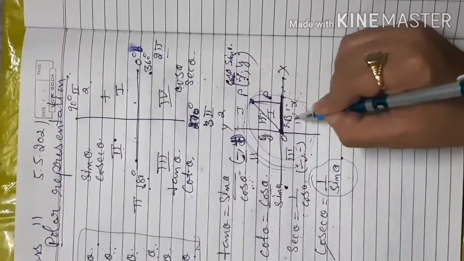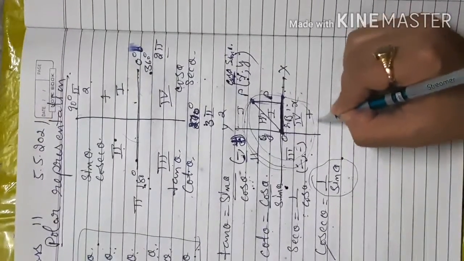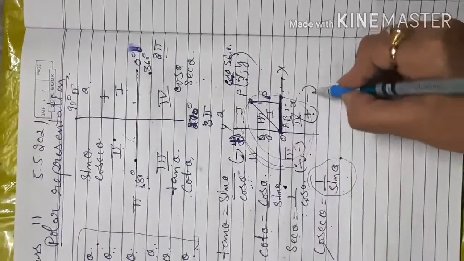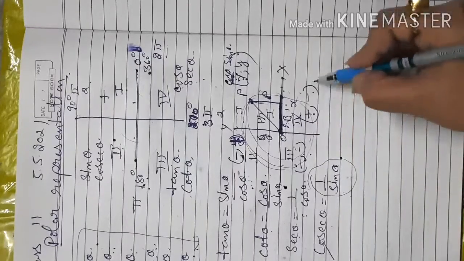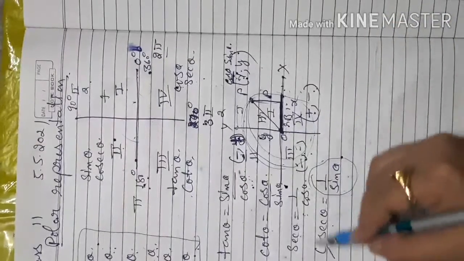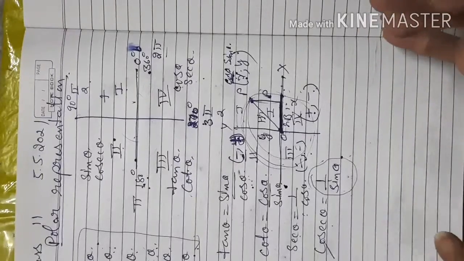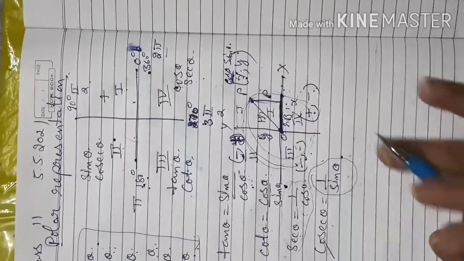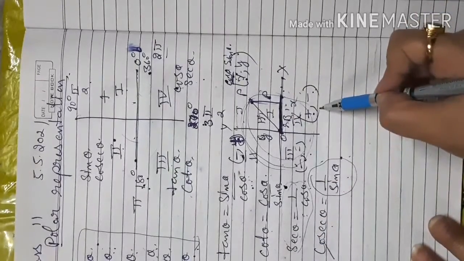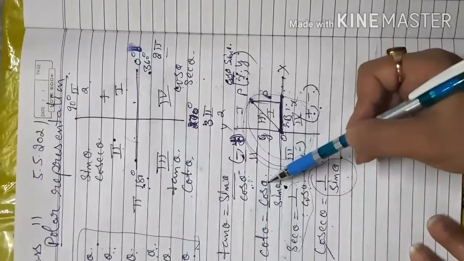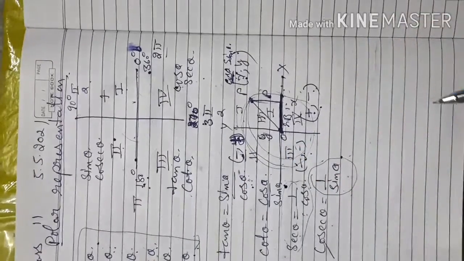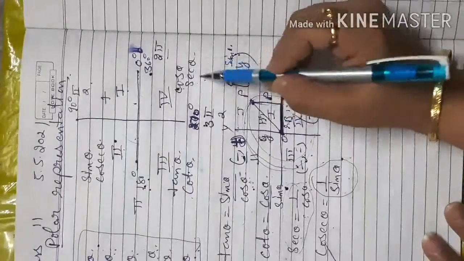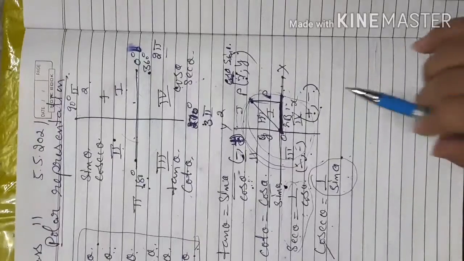Similarly, in the fourth quadrant your x value is positive and y value is negative. That means cos theta is positive and sin theta is negative. So wherever sin theta is used, the value will be negative, and wherever only cos theta is used, like cos theta and secant theta, that will be considered positive. And where the combination sin theta upon cos theta or cos theta upon sin theta is used, or only sin theta is used, those values will be negative. That is the reason only cos theta and secant theta will be positive in this quadrant.